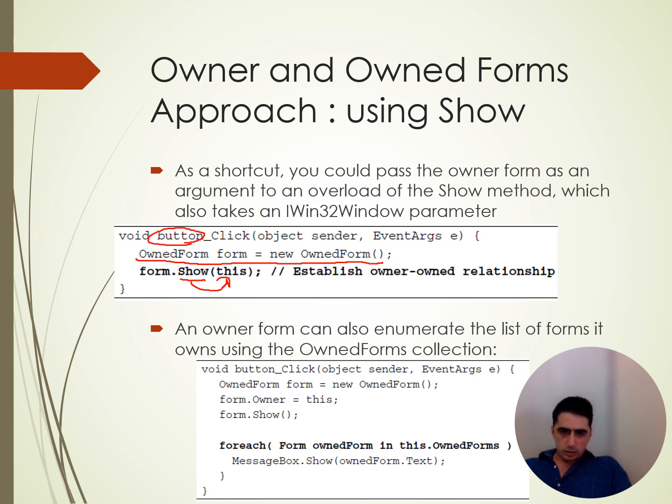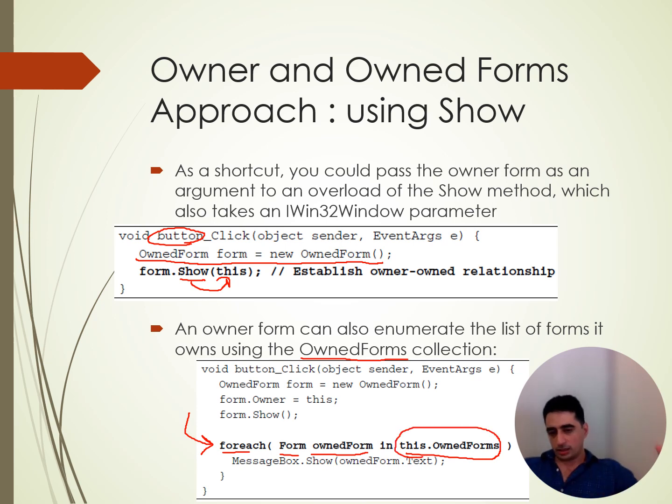All it needs to do is access its owned forms collection. And this is how you can enumerate over a collection in C#. You can say foreach form owned form in this dot owned forms, that's basically the property of a form